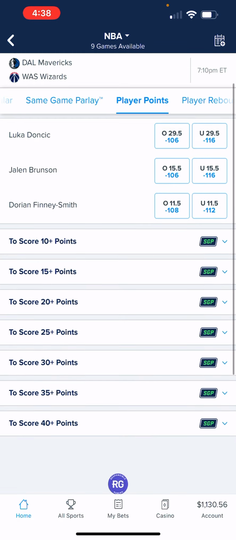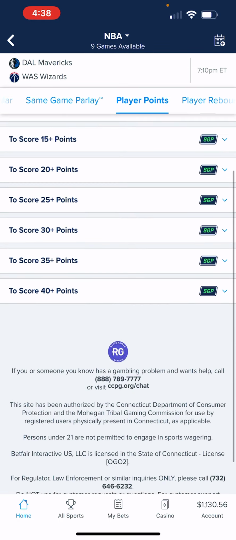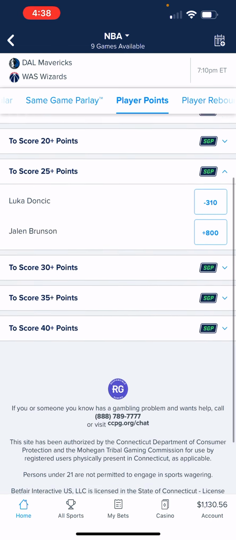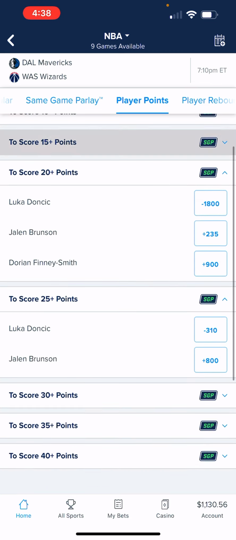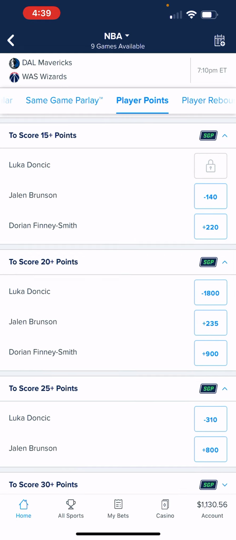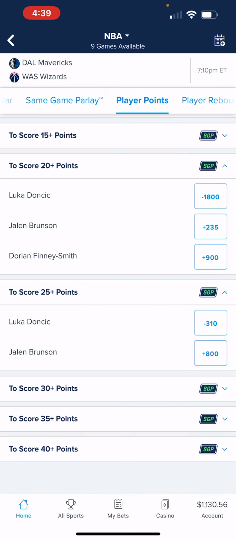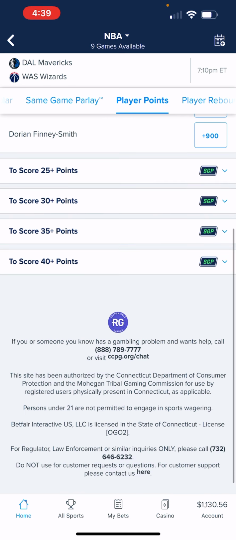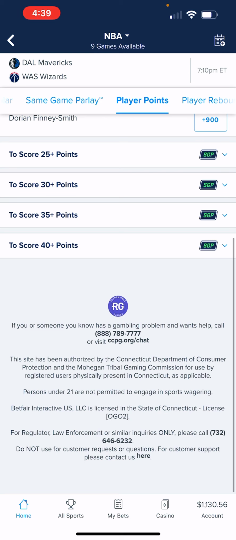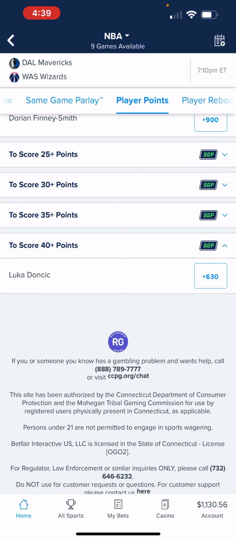So for this example, let's say I want to do the points. Now, Luka's a very good scorer. He scores a lot of points. The Wizards' defense is pretty bad. Particularly, I like to go a little bit more conservative in the beginning. If, for example, as you can see, my account is at about $1,030, when I have that much money to play with, I'm still pretty conservative, but sometimes I'll take a shot, just in case, like last night, DeRozan hit 50 points. Not many people put him at plus 40 points in that game.